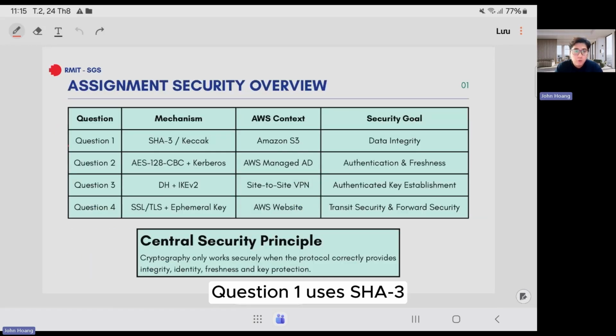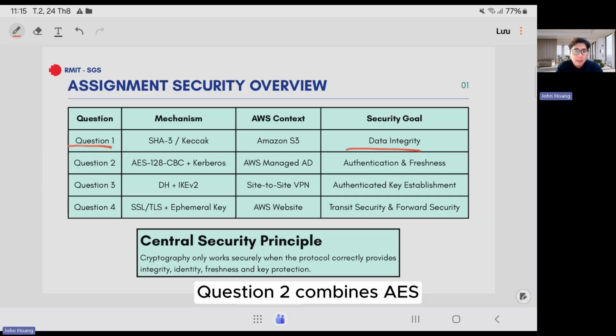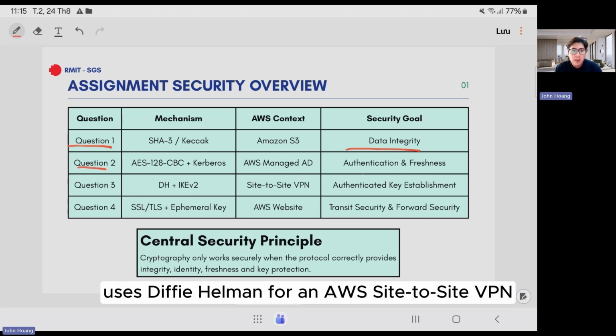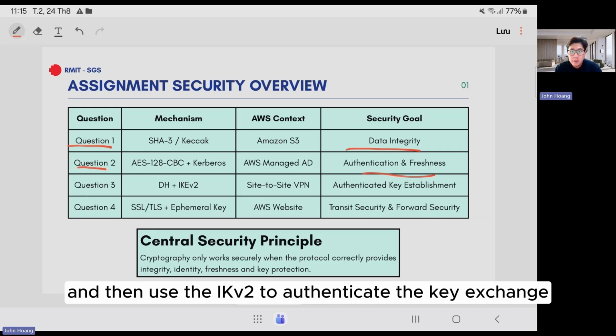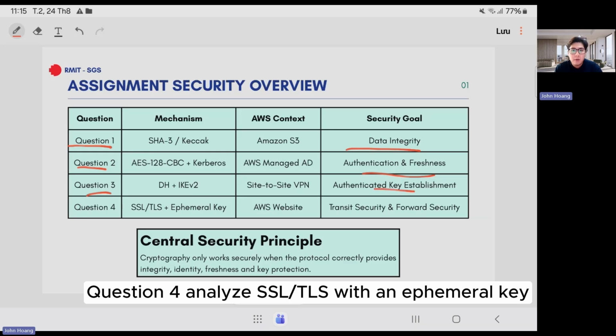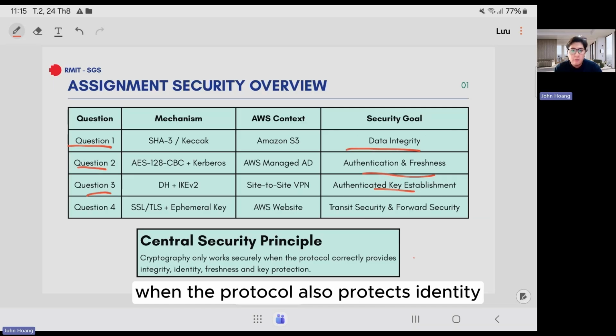Question 1, use SHA-3 in the context of Amazon S3 to protect data integrity. Question 2, combine AES with Kerberos to provide authentication and freshness. Question 3, use Diffie-Hellman for AWS site-to-site VPN, and then use IKEv2 to authenticate the key exchange. Finally, question 4, analyze SSL/TLS with an ephemeral key. The main idea across the assignment is that cryptography is only secure when the protocol also protects identity, freshness, integrity,